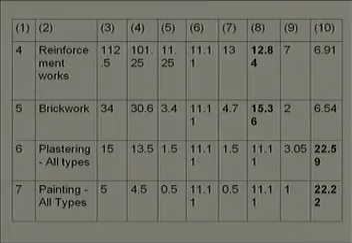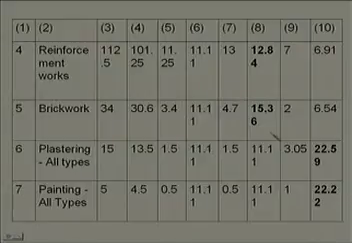For reinforcement, for example, I have used a markup or margin of 12.84. For brickwork, I have used 15.36. Now, if you see item number 6, plastering, you find a very high markup in column 10, 22.59,